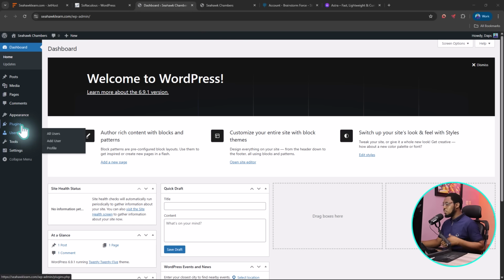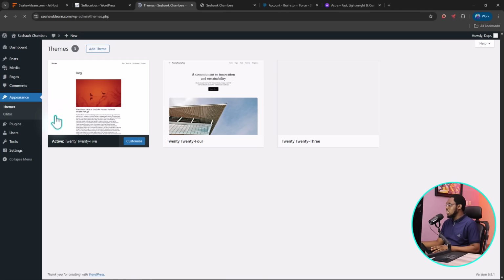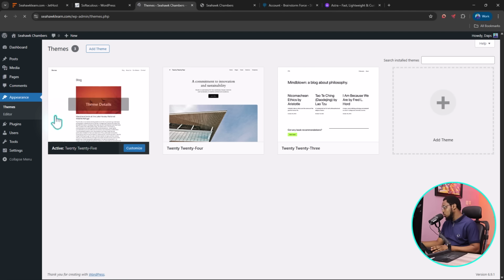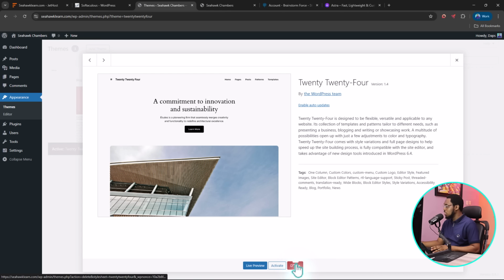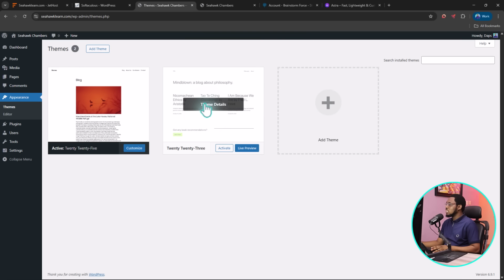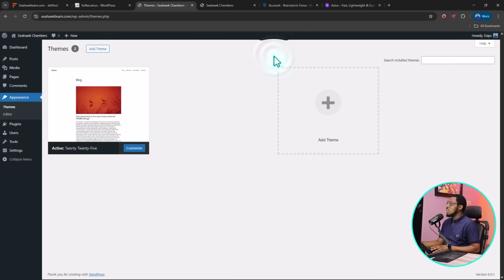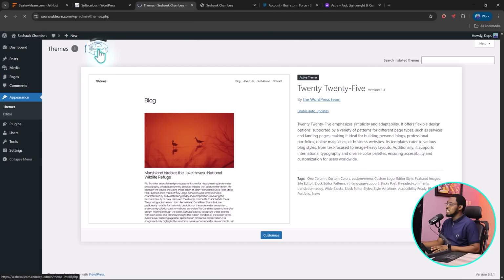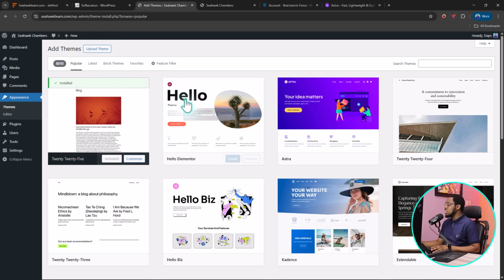So now for us to be able to install a theme, we can come to Appearance and then come to Themes. We will be able to see all the pre-installed themes. By default here, we have the 2025, 2024, 2023 themes. By default, I love to first do cleanups. Extremely important. And also let's delete this one. And then we can just come up here to Add a theme, and from the WordPress repository here, we can